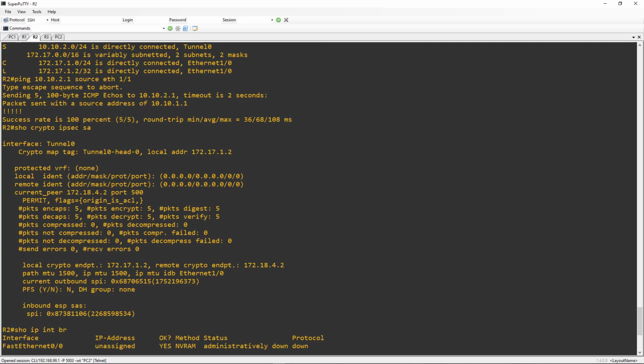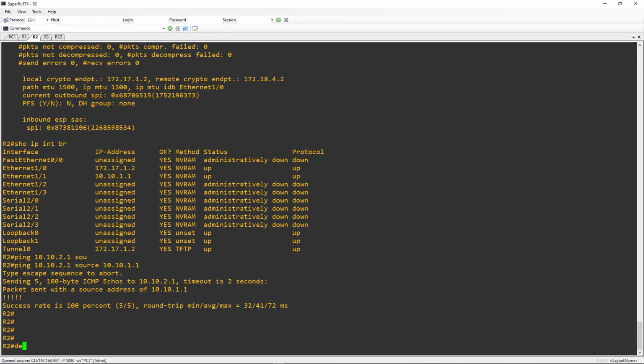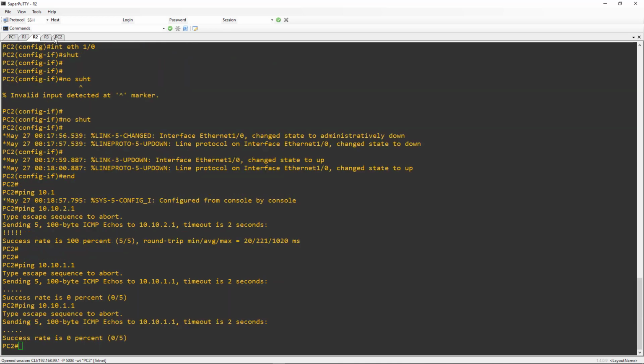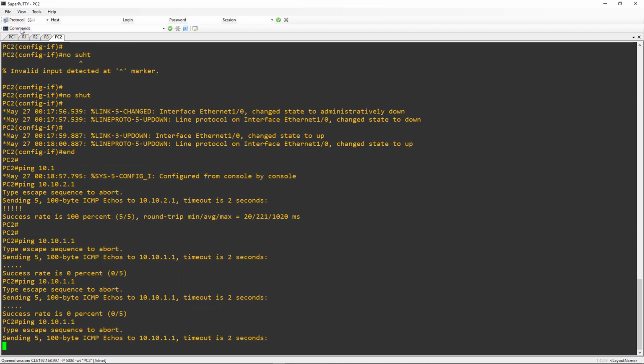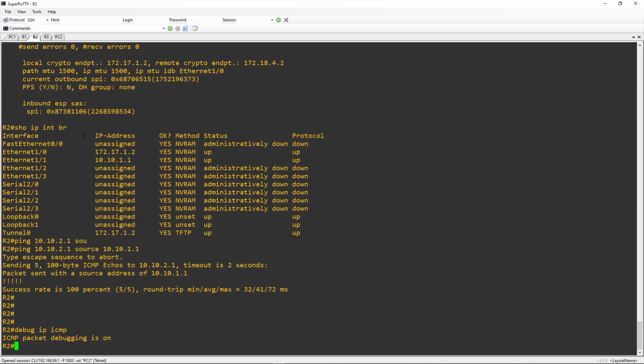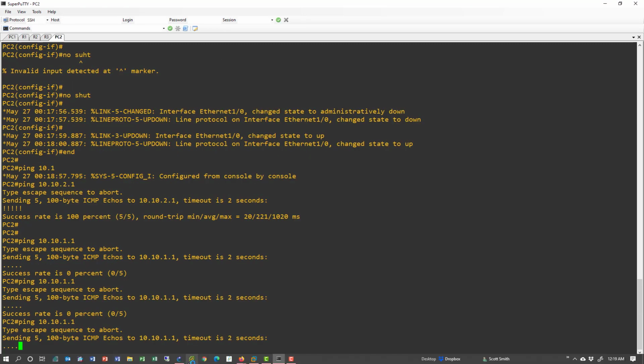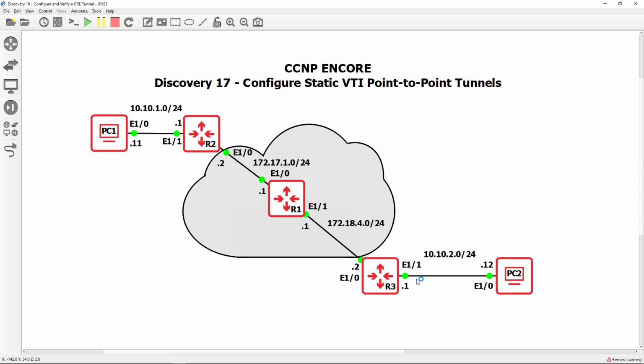Let me see if it's getting to router 2. Debug IP ICMP. So for some reason, the traffic is not getting out of the PC over to